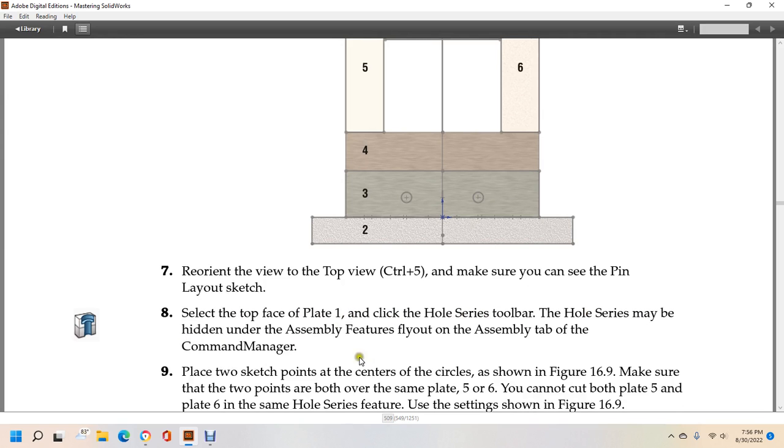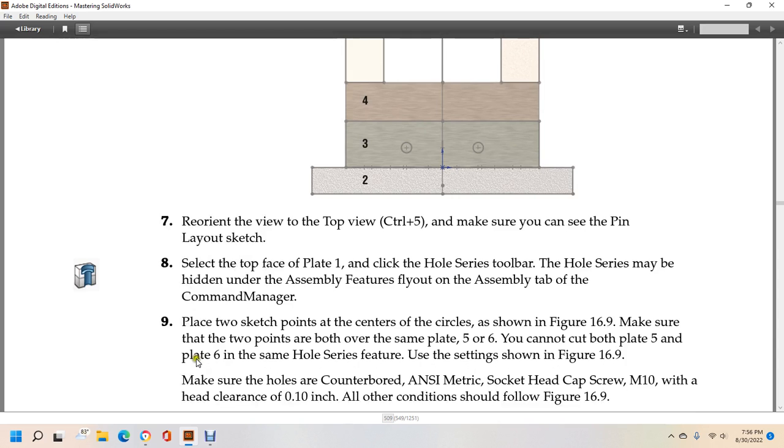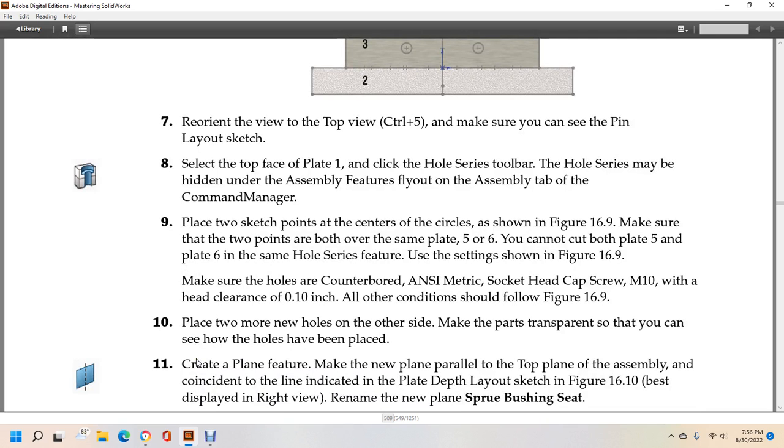The hole series may be hidden with the assembly feature tool commander. Place the two sketch points for the centers of the circles as shown in Figure 16-9. Make sure the two points are both over plates 5 and 6. You can cut both plate 5 and plate 6 in the same hole series feature using the settings shown